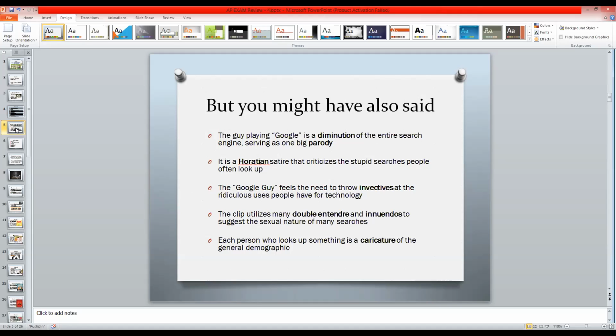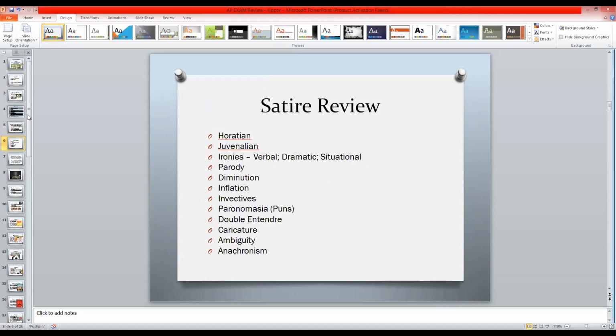And also each person's a caricature. Each person is a stereotype and they represent a bigger demographic, or they just represent who would normally look up the questions in the way it is, right? So with that in mind, we're going to consider now a little bit of a lecture going back to some